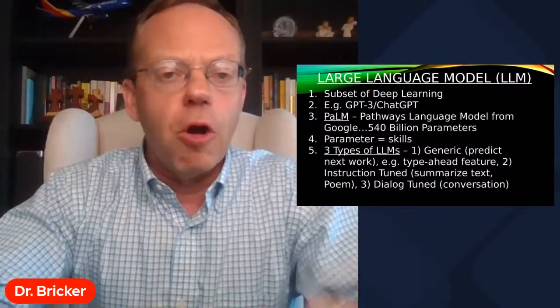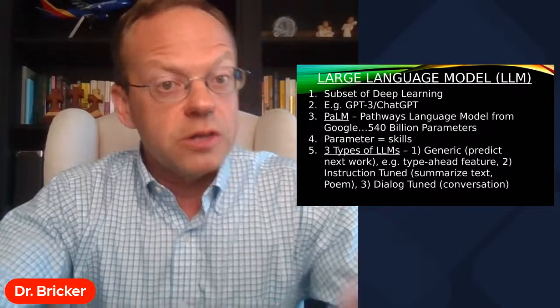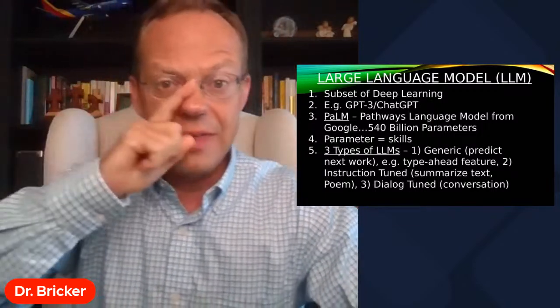Now, there are three broad types of large language models. So one is, and we see this all the time, we've seen it all the time for a long time, actually, multiple years, generic LLMs, which predict the next word. So like when you're typing into a Word document or into an email, or into a search box in Google, you start typing something in and you'll see words appear after that, right? So that's the generic LLM filling in, like, oh, when you type in peanut butter, a lot of times the next word that comes is jelly, okay?